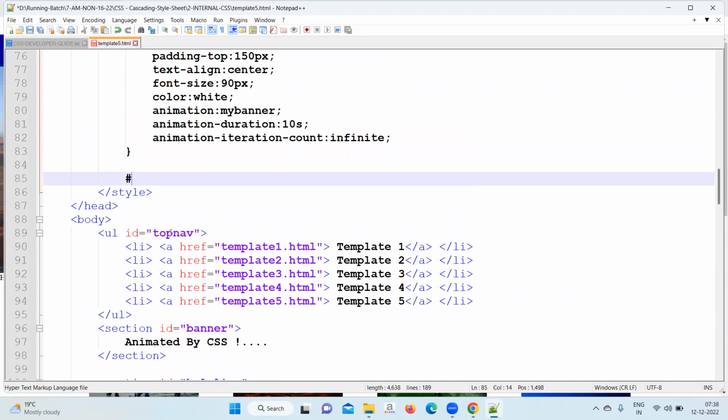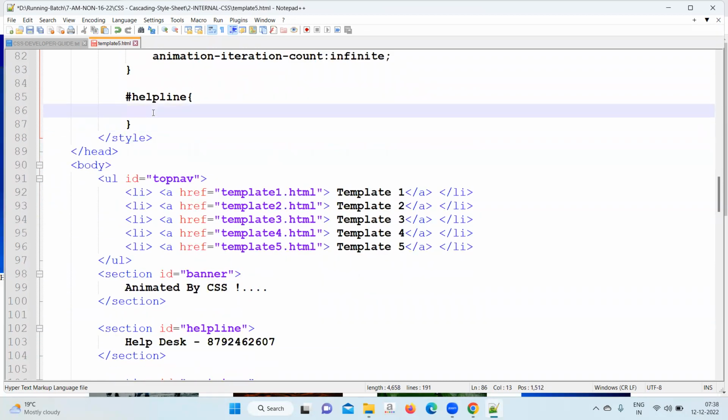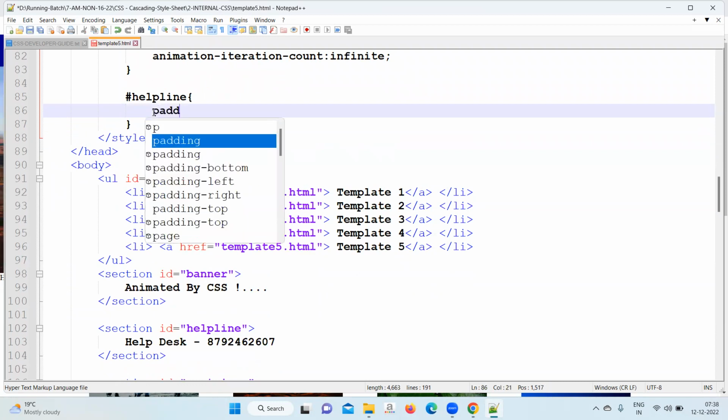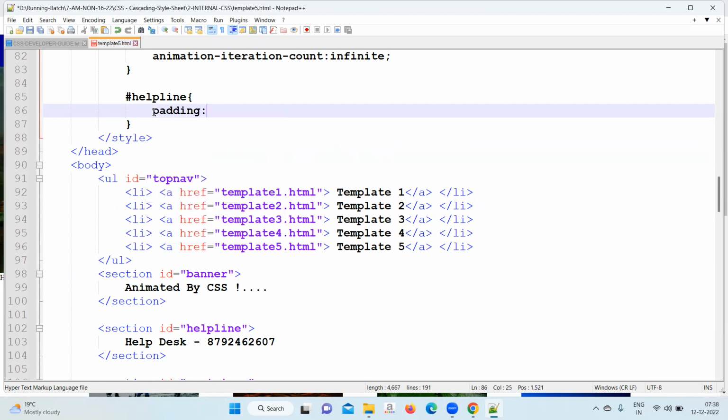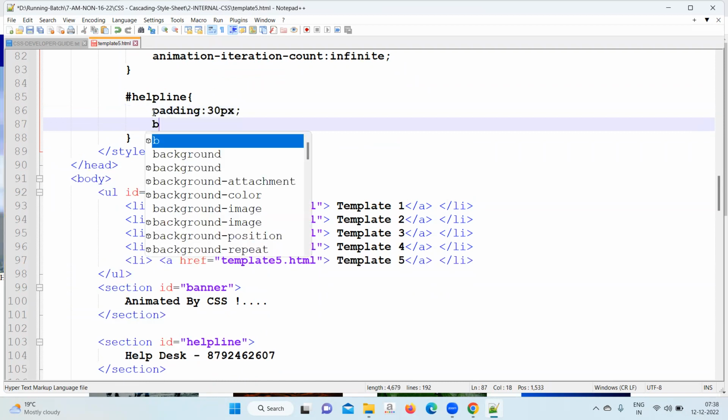Write helpline, and inside that write padding for this helpline, 30 pixel maybe. Background